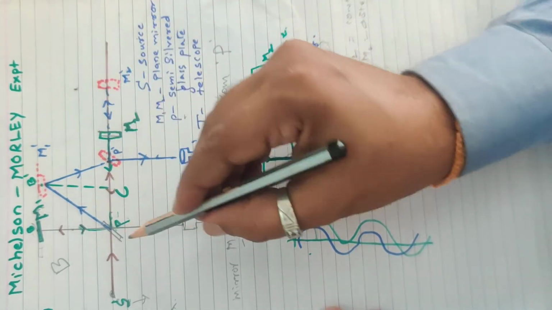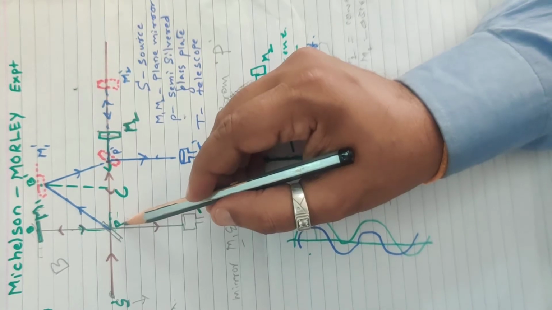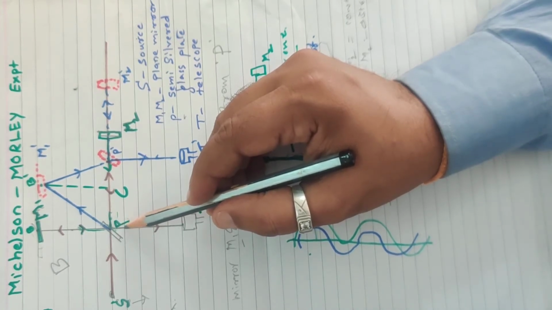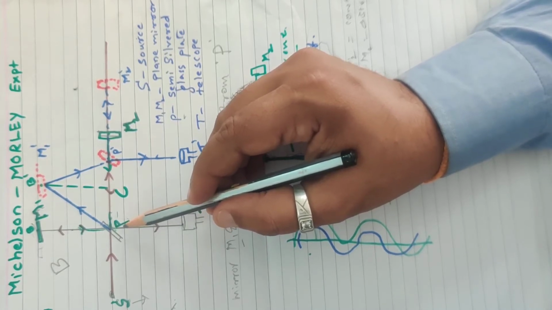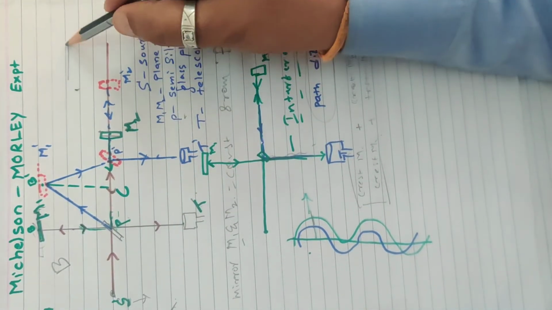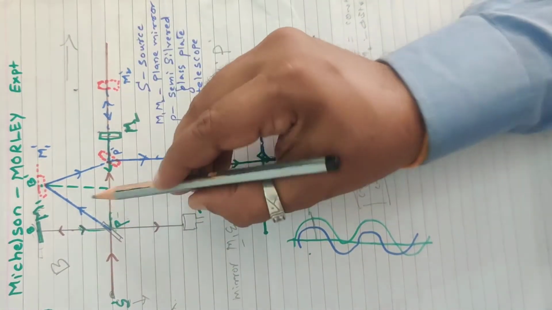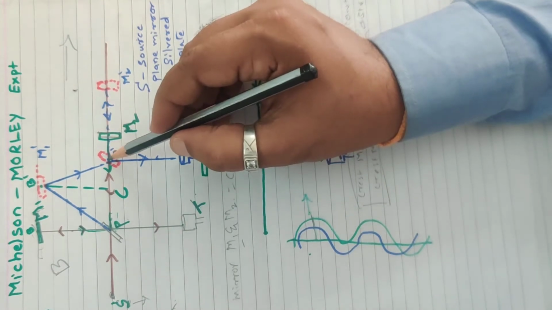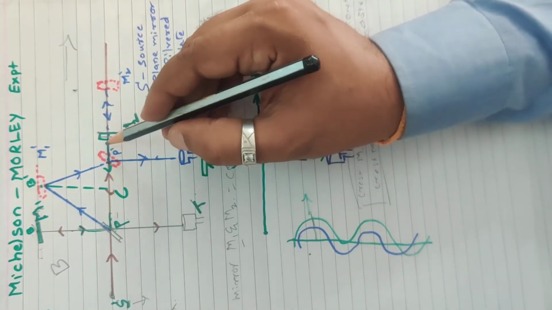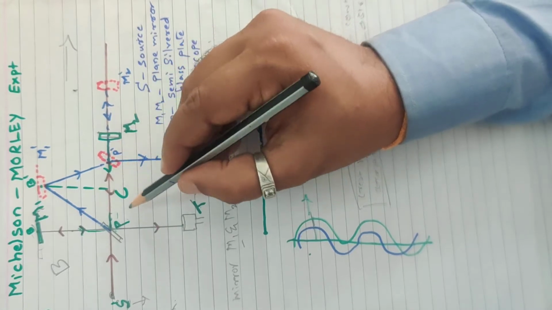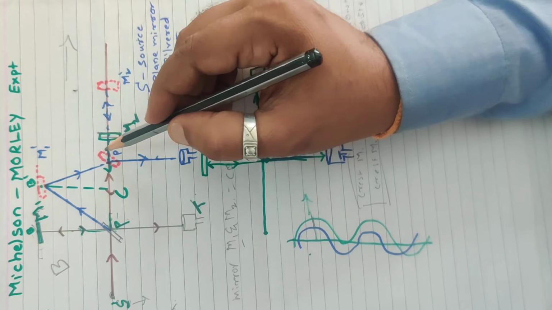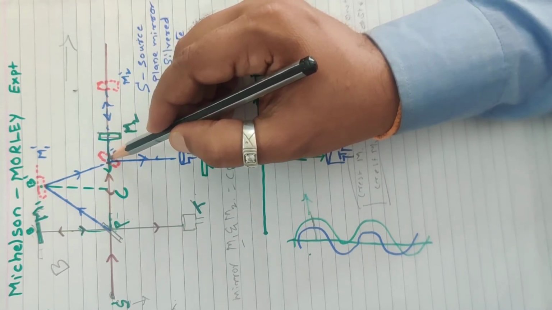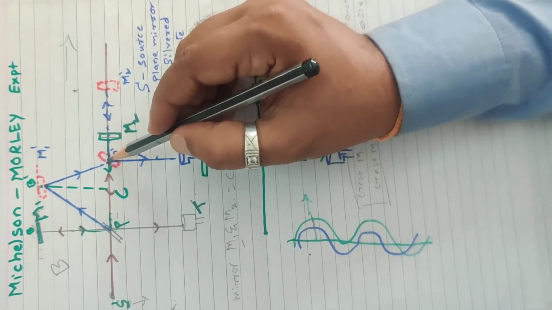So the light may be delayed because of the movement of the Earth toward this side. Therefore the light enters and hits the point P dash, and after reflection